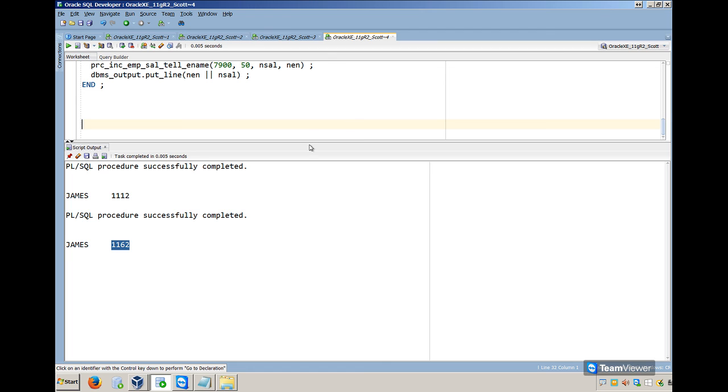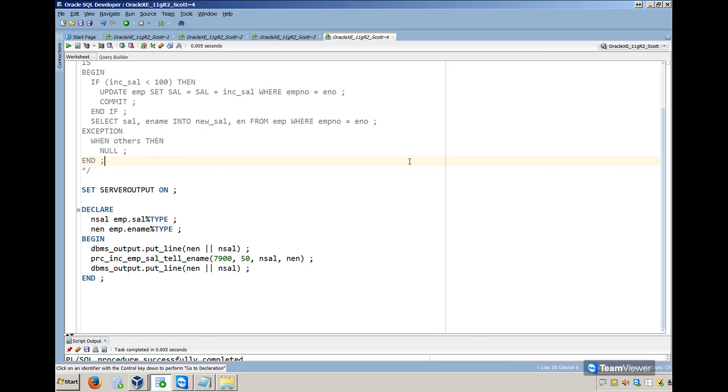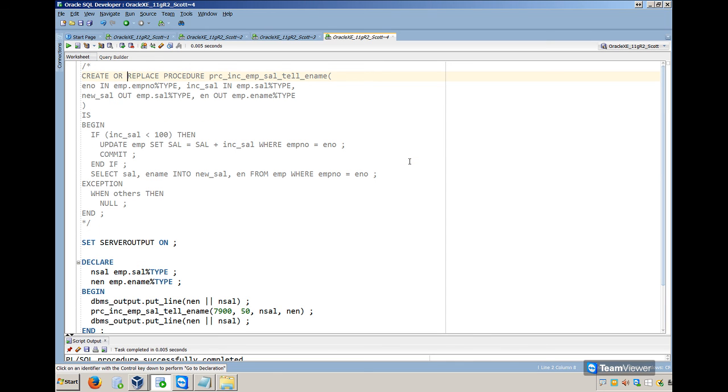So what we did in this stored procedure is we are actually able to send two parameters in. We are able to send two parameters as in variables and two parameters as out variables. And this stored procedure is very efficient. This is already stored inside the database. And also you can see here,